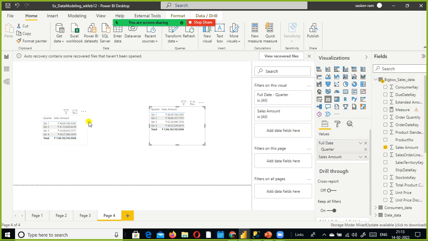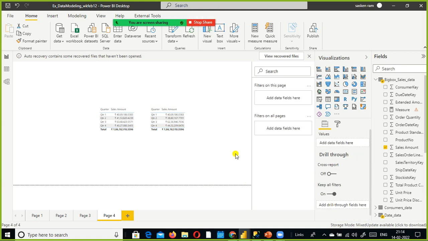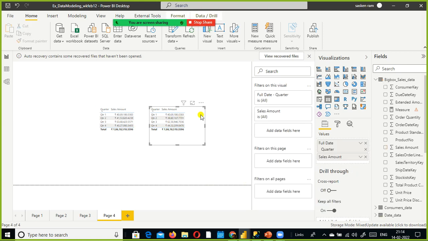Can we see any difference between these two? Yes. If I select this visual, you can find out from which table I have used the columns for this visual. You can see it here with the tick mark.